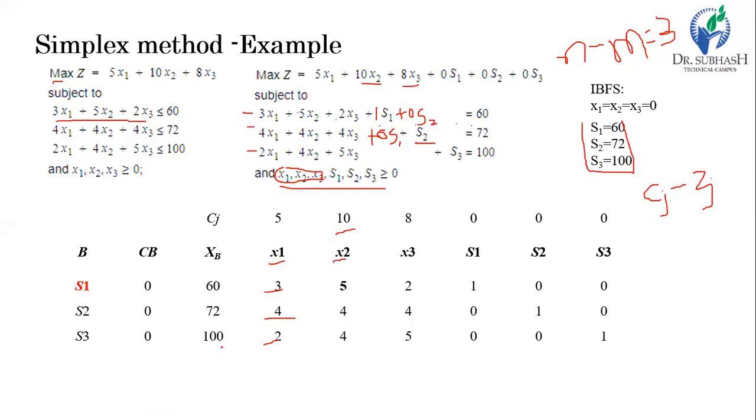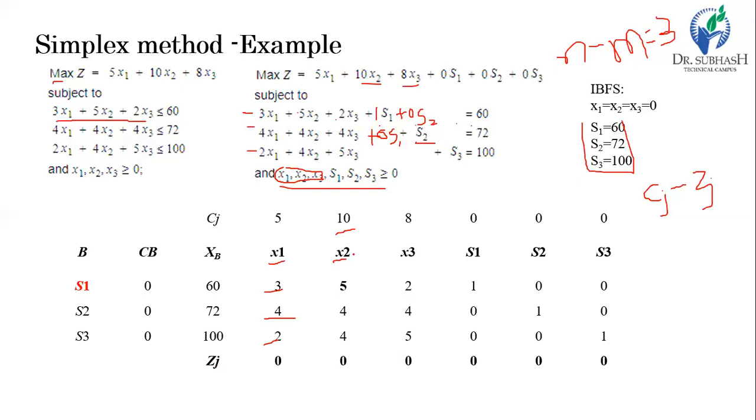So let's calculate Z1. How to calculate Z1, Z2, Z3? Here j stands for 1, 2, 3 up to 6. For Z1, multiply this 3 by the coefficient of the basic variable, which is 0. So 3 multiplied by 0 plus 4 multiplied by 0 plus 2 multiplied by 0. Ultimately it is 0 here. So this is the Zj value. What does this indicate? At this stage, when you produce 1 unit of x1, it will not consume anything. There are no expenses here. We get only profit.